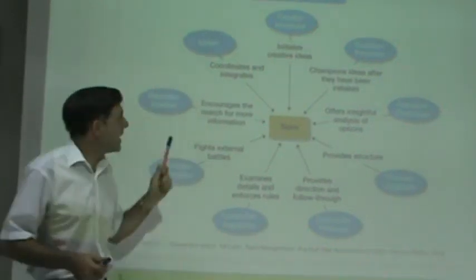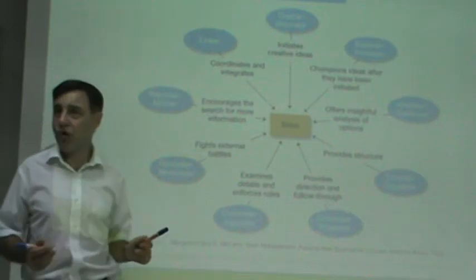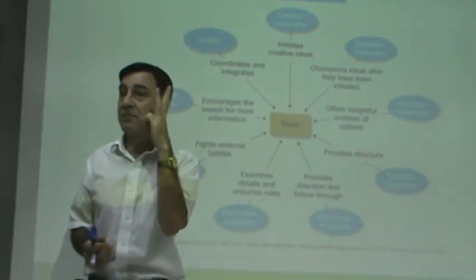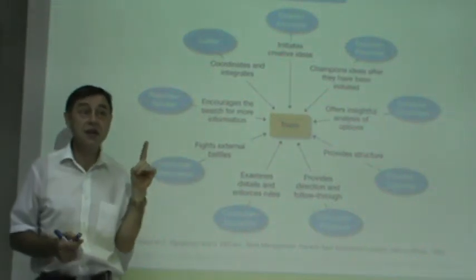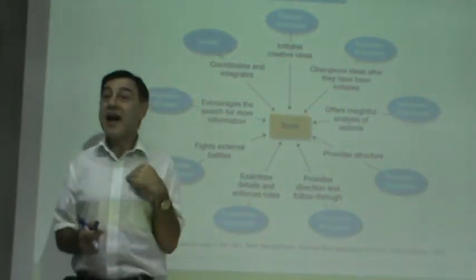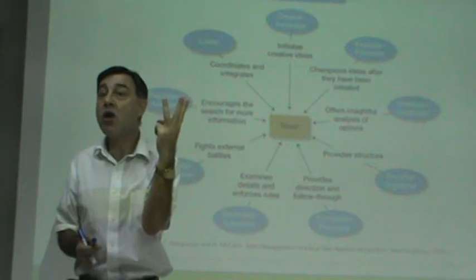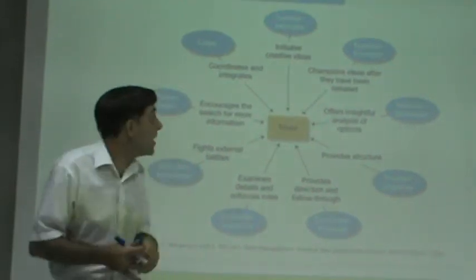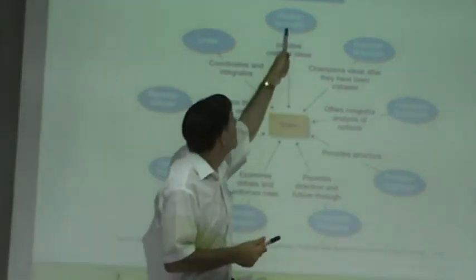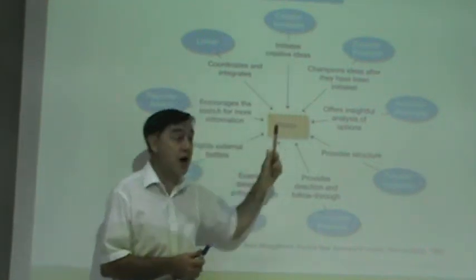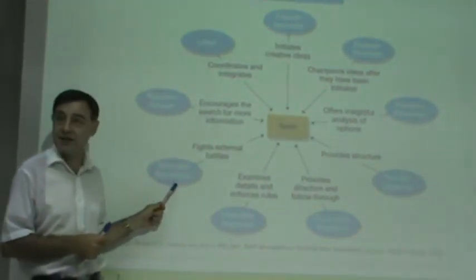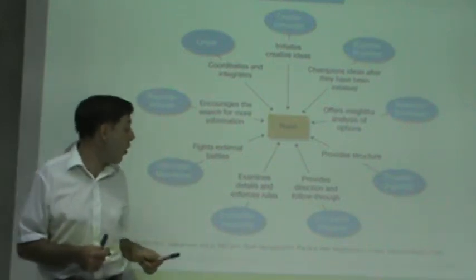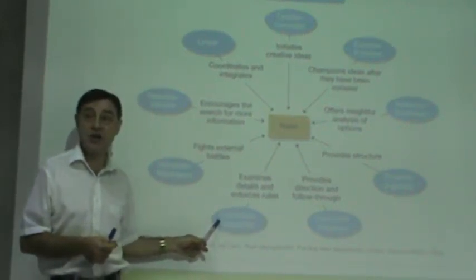And you say, well, but how can we have 8 roles if we got a team of 3 people, or a team of 4 people? The answer is, you can have one person take 3 roles. There's nothing wrong with that, okay? There's nothing wrong with someone who's very creative and innovative also fighting the external battles, okay? Maybe, or maybe be a controller and inspector.